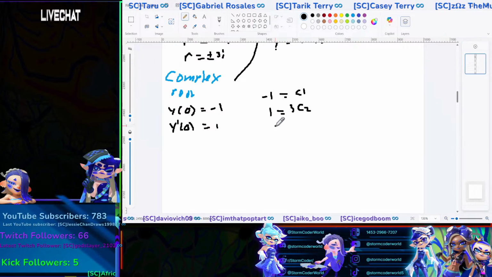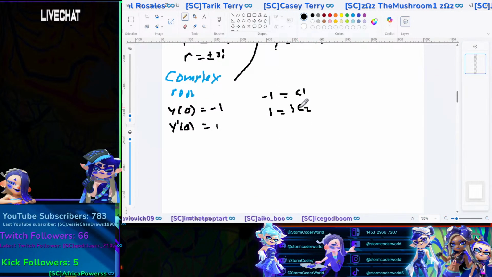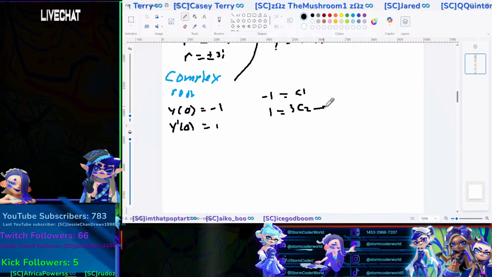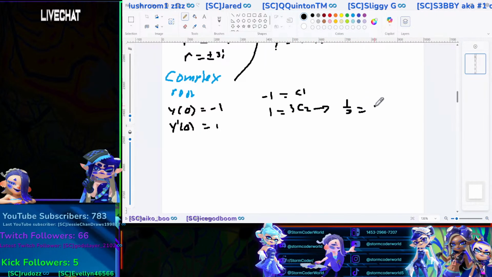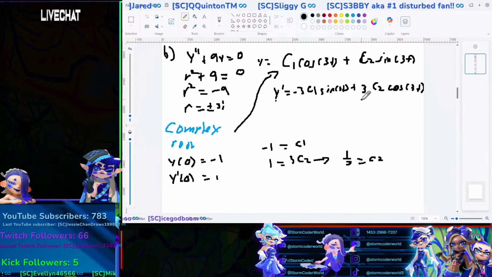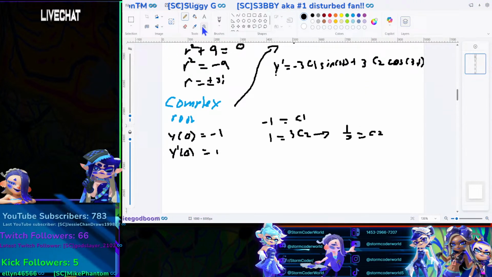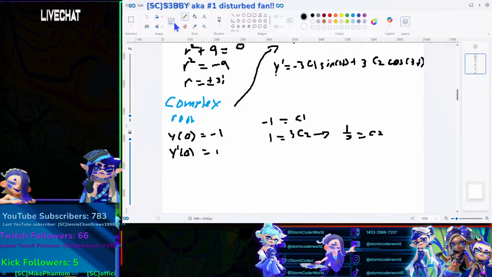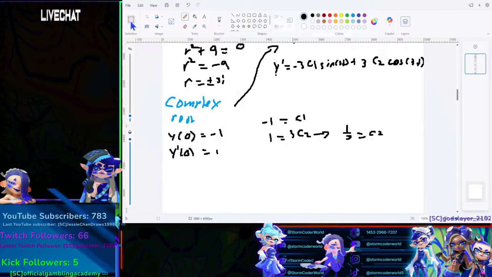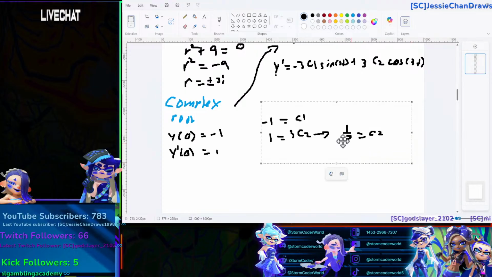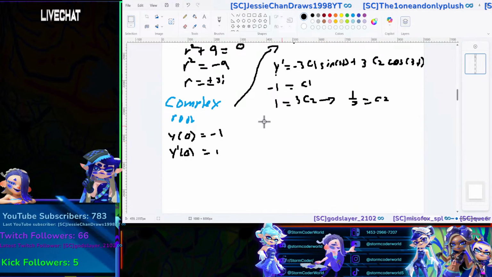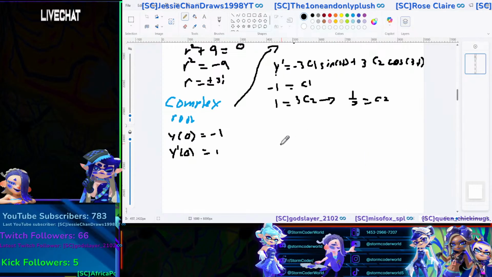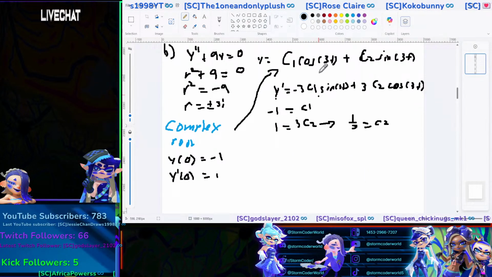It will get harder as time goes on. So what I can do is this becomes, just divide, 1/3 is equal to c2. Right? And I think I can select things. Yes, I can select things and just start moving them. That's actually very useful. So in this case, using this information, I could just now plug it back into this